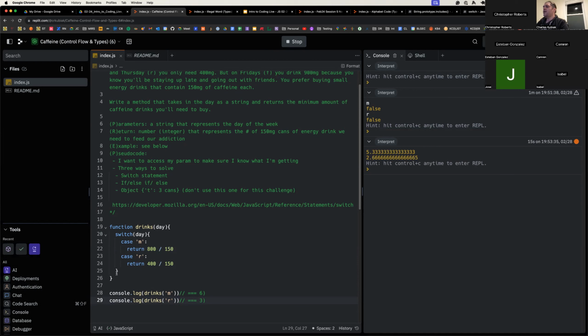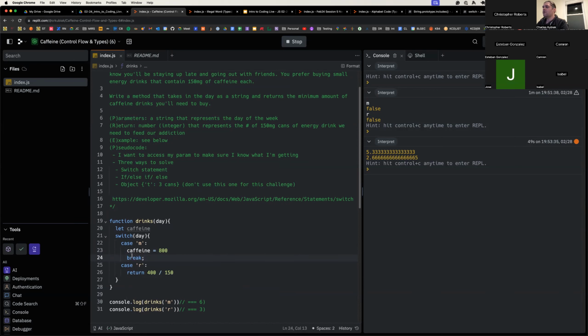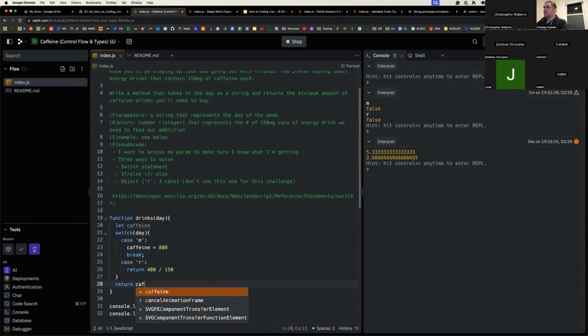Now, instead of dividing by 150 for each of these, what I could also do is say let caffeine, am I spelling that right? I'm probably not spelling it right. Caffeine. And then instead of returning here, we could do something that says caffeine equals 800. Right, and now I get rid of this return and I can put a break statement in here, and now my break's no longer unreachable. And then down here, I could return caffeine